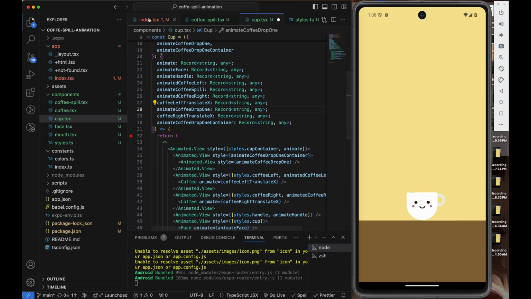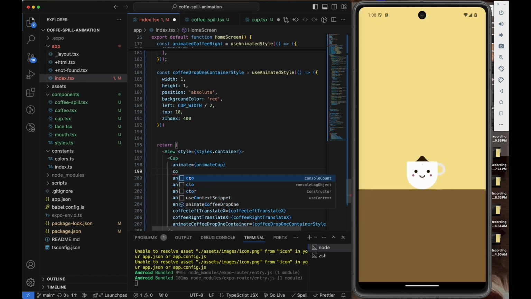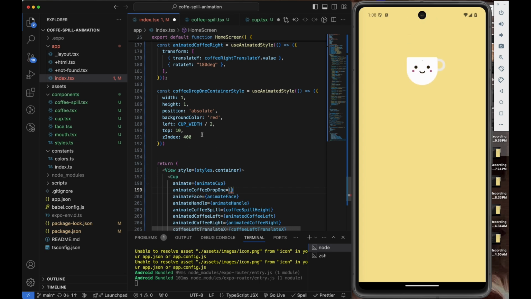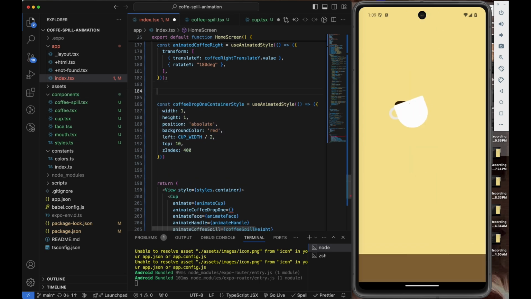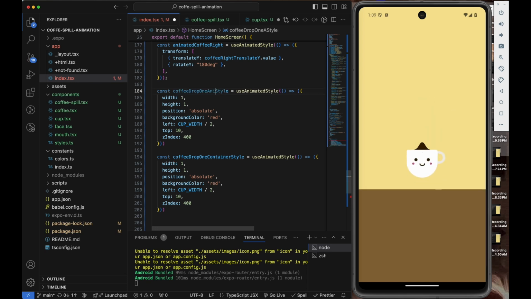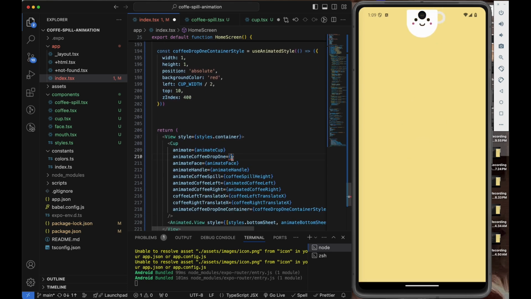So we can come here and then pass our coffee spill animate, and then this we will call coffee drop animate. So I'll just copy this, paste it at the top, and I will call it coffee drop 1 animate style. So we'll pass this to this,